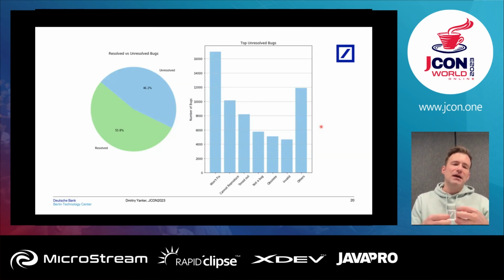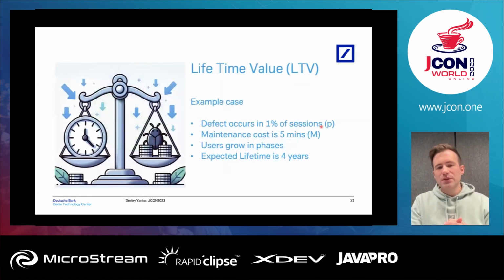It gives you some idea and impression that you're not really in a position to fix every bug, and you have to be really conscious about what you choose. In this example, I would propose that you use a metric that will help you to navigate through this journey to understand what you have to take, using this term called lifetime value. Very simplistically, the logic here is super straightforward: if you have, for instance, a defect in your system, then it causes some maintenance effort. And this maintenance effort might be as simple as that you have to review it from day to day